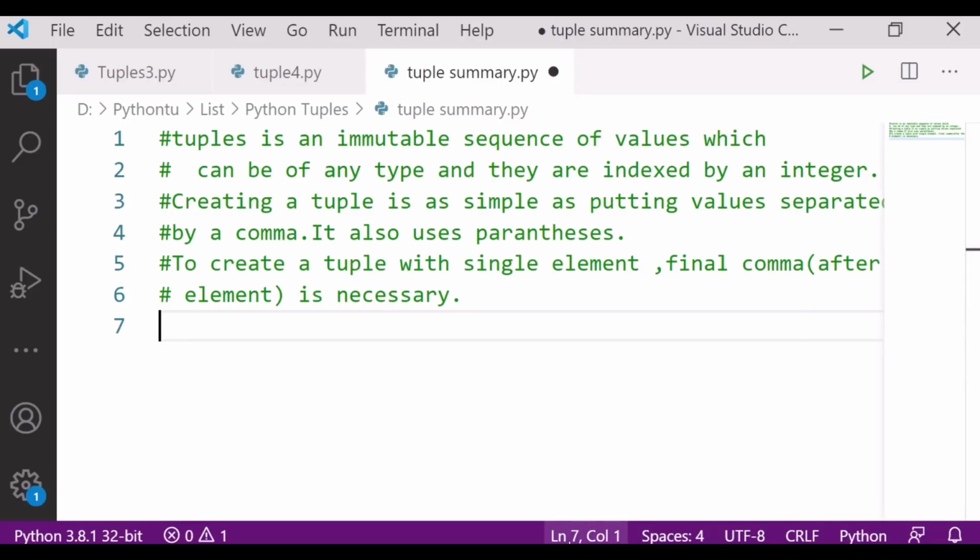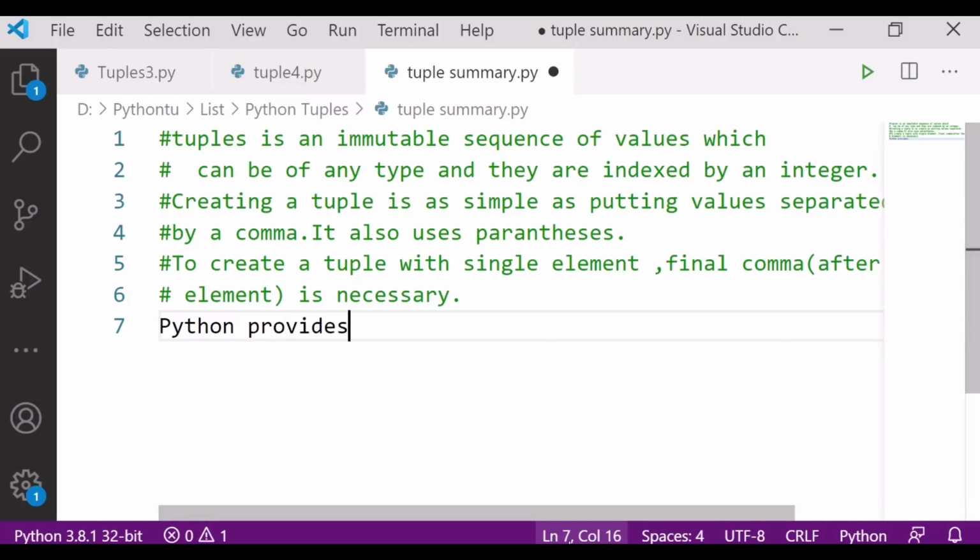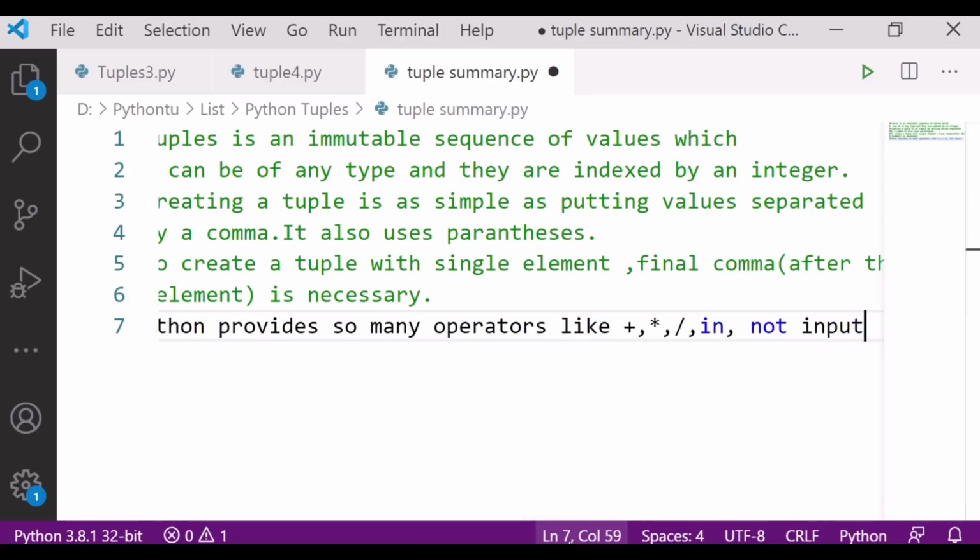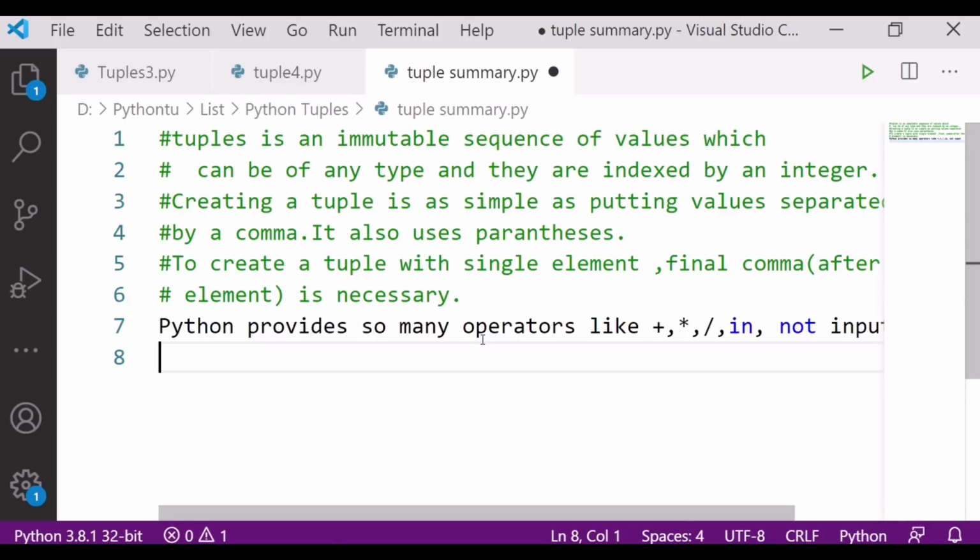Next, Python provides various operators that can be applied to tuples, like addition, multiplication, in, not in, and so many others.